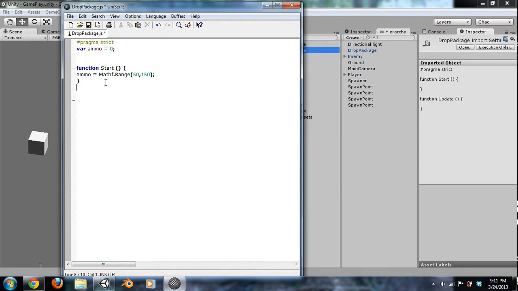Now we're going to make a new function, and this is a different function than start or update. It's going to be called function OnTriggerEnter. What this is going to do is when something enters the trigger, which is the collider, this function will call. So we'll make a variable called other, and it'll be a Collider. So this is just a variable called other, and it's going to be Collider. So whatever collides in it will be put in this variable. So next we're going to do if the other, if its transform.name is going to equal player. So if the player runs into it, we're going to